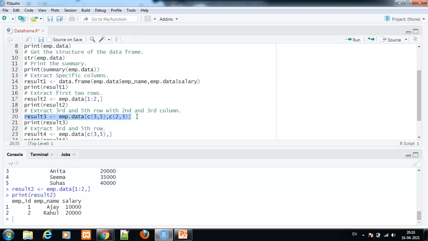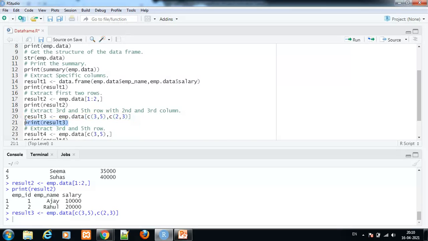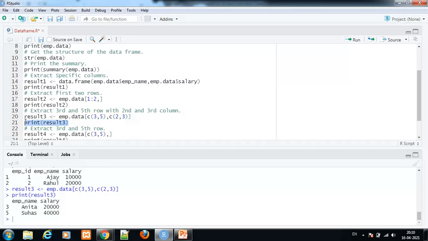Now we will implement each line. Here emp_name and salary, the third row and fifth row, and the second column and third column, are extracted.